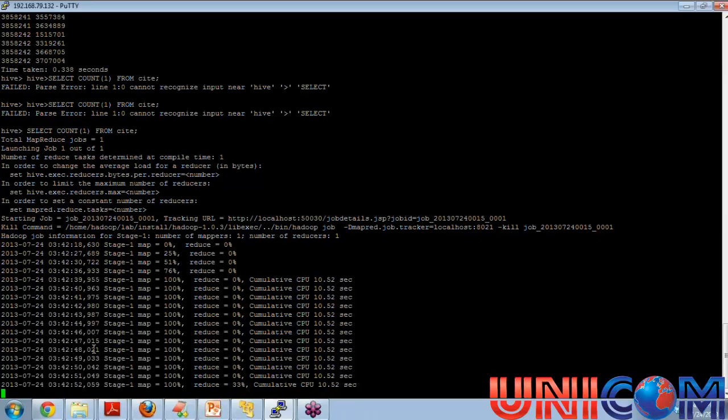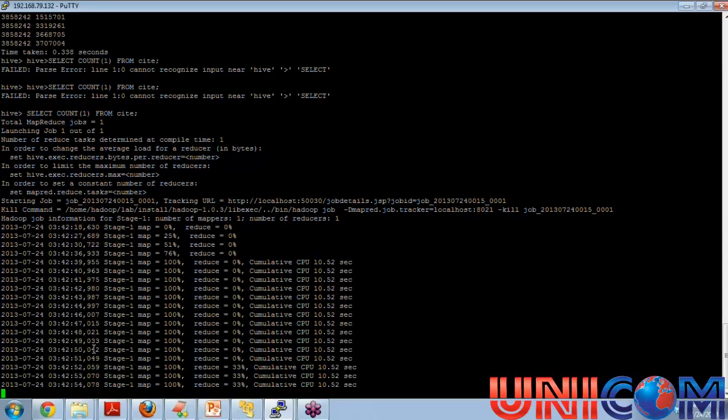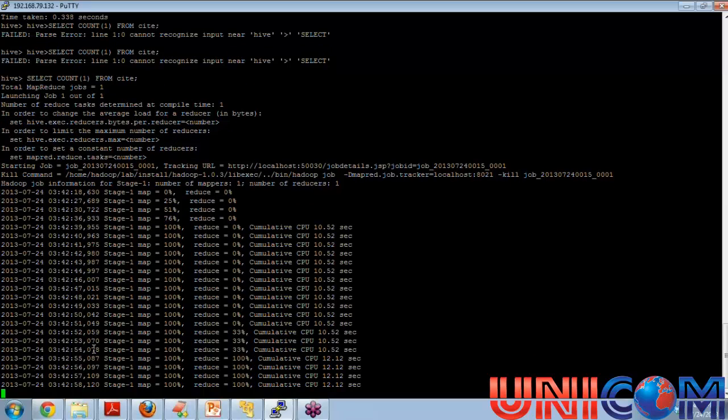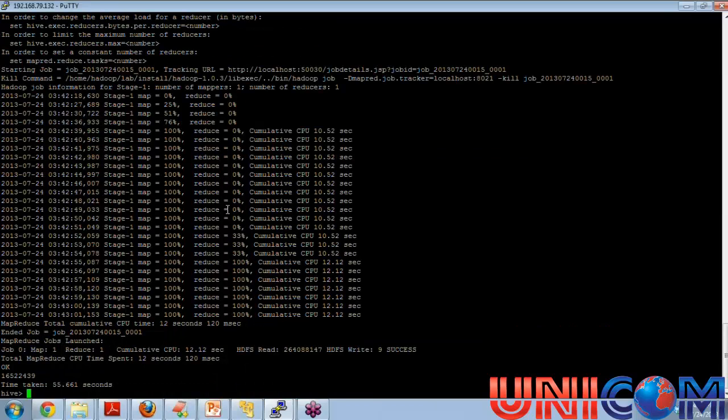So this is showing the progress of the map and reduce jobs. You can see the map phase is over. Once the map phase is over, the reduce starts, and then the reduce is over. And so basically, this is your answer. This is your count,